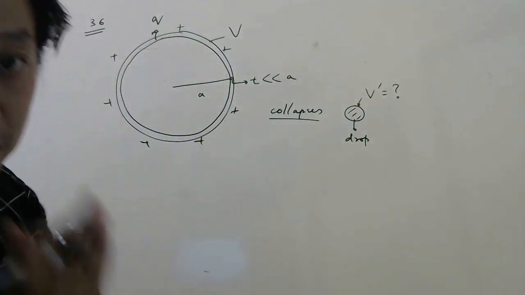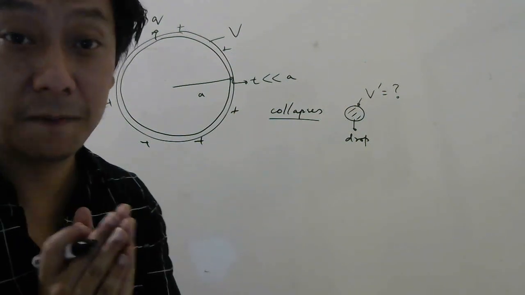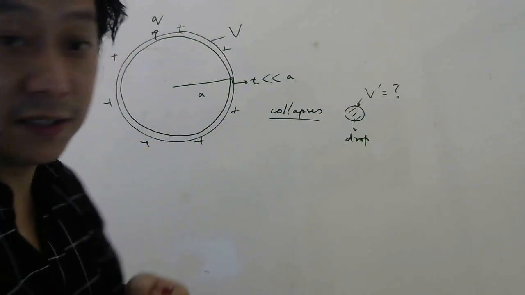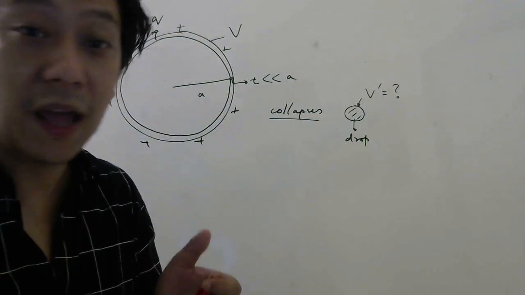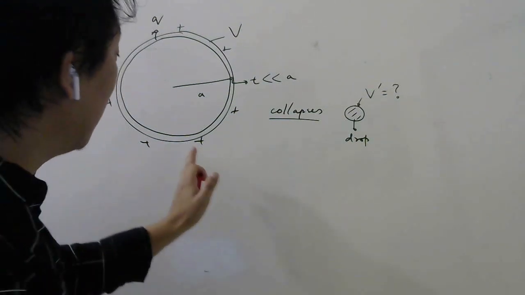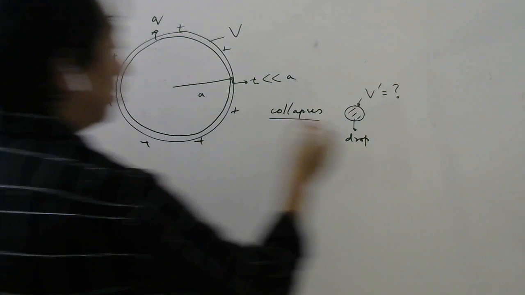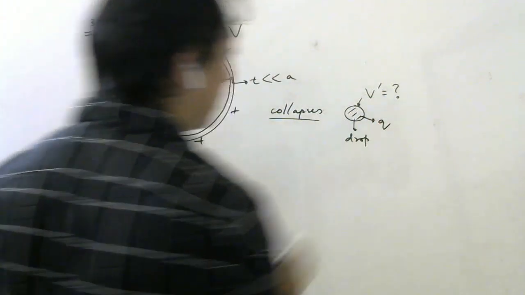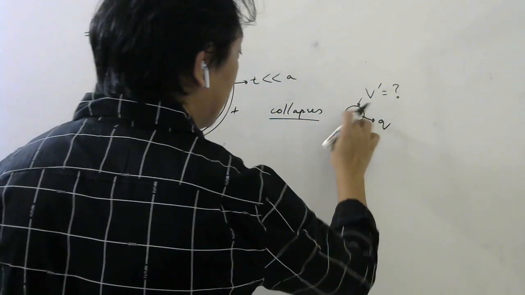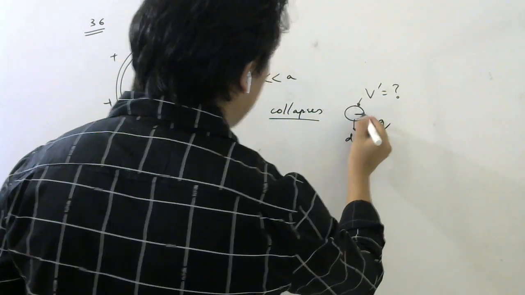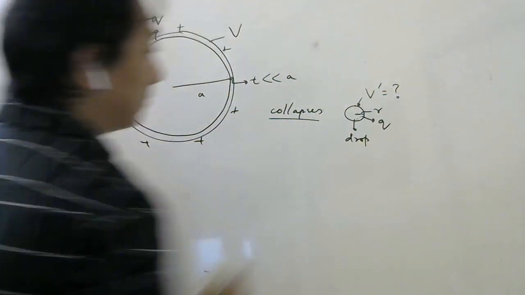Now you remember, right? Charge is conserved. They have not taken any charge out, or added any new charge. They only collapsed this bubble into this drop. So if the total charge is Q, this also will be Q. The only thing is, this radius we need to somehow find. So let us call this radius small r.